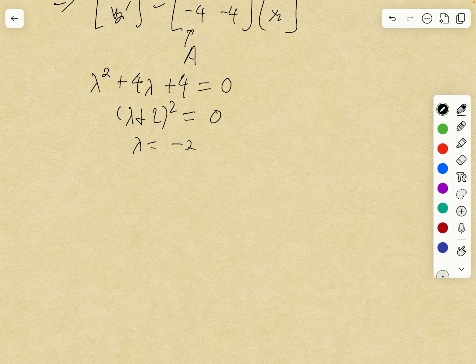I guess to check that, yeah, the geometric multiplicity has to be 1, right? Because A is not a diagonal matrix. So A is not diagonalizable. So now we have to